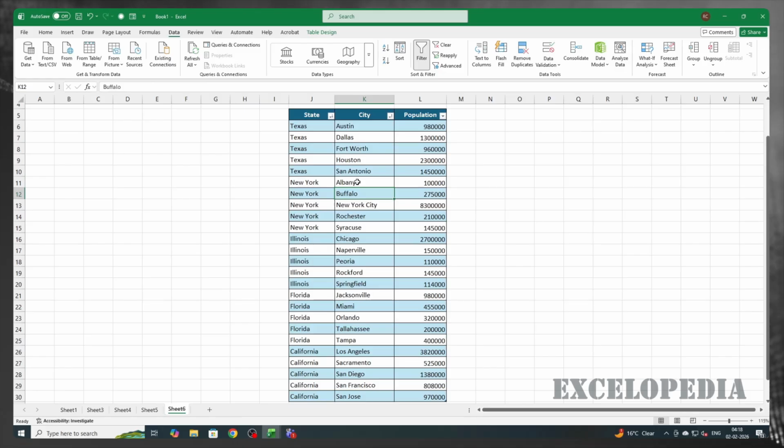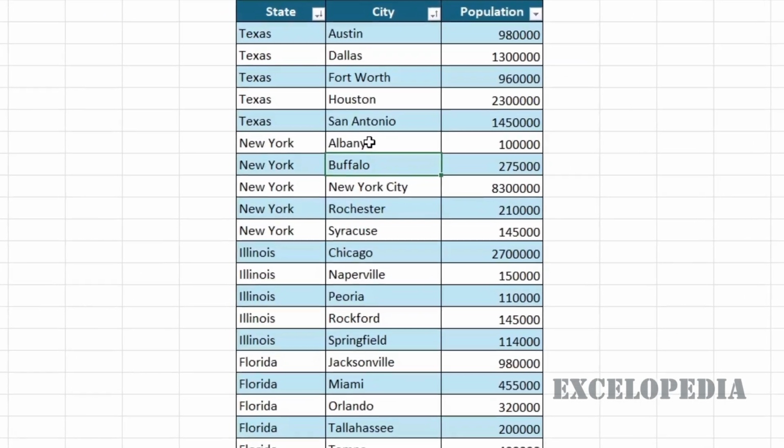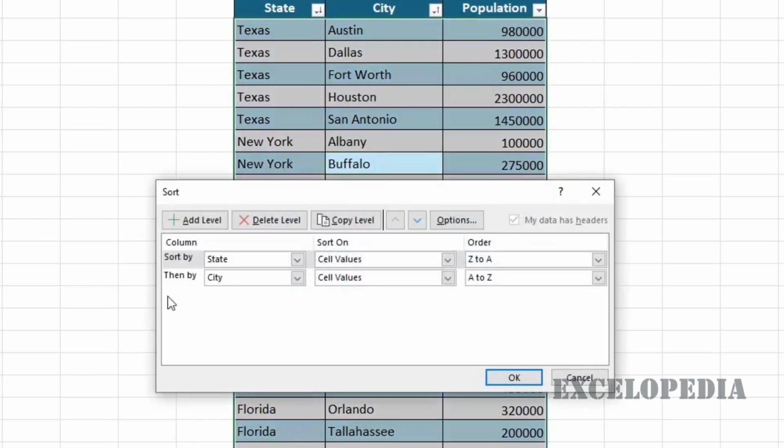Okay, let me show you another example. I'm going to press Alt DS, and this time around, I don't want this level. I can simply come here and delete this level. Now I'm going to add another level. I basically want the states to be sorted Z to A, but I want the cities to be sorted based